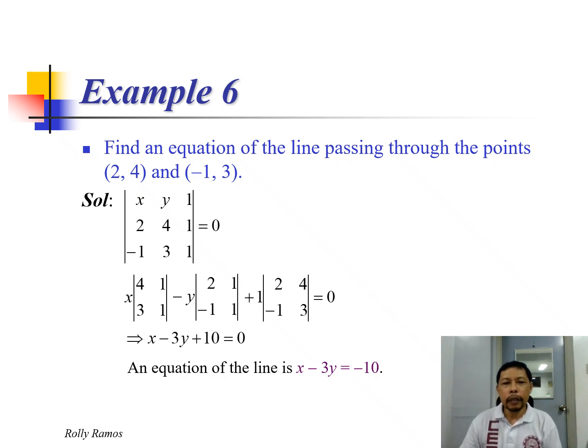So we have seen with these examples some applications of determinants. We could find the adjoint of a matrix, we could solve for the inverse of a matrix by means of determinants. We could find the area of a triangle by means of determinants. We could find the equation of a line passing through 2 points by means of determinants. These are just some of the applications of determinants. So this concludes our discussion about determinants.